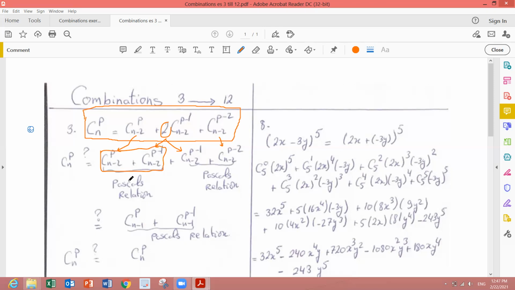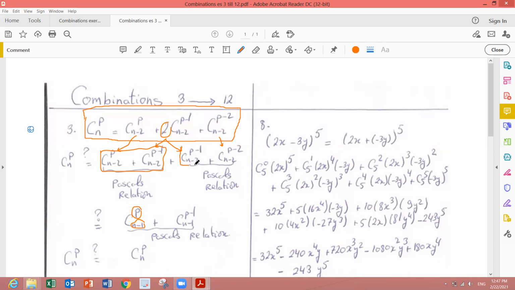So according to Pascal's relation, we add 1 to the bottom, n minus 2 plus 1, it becomes n minus 1. And I take the greatest between P and P minus 1, which is P. Plus